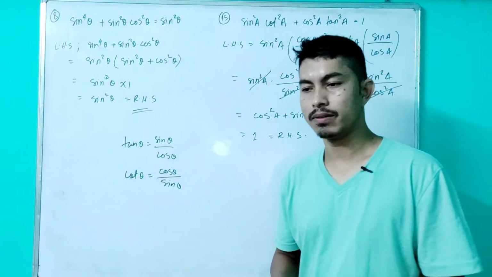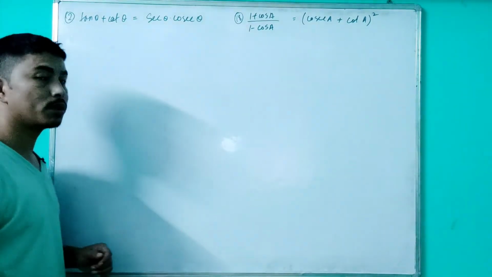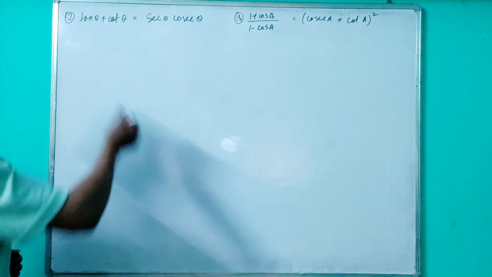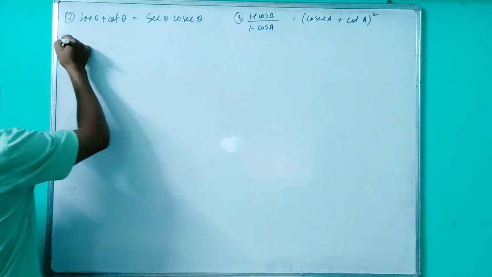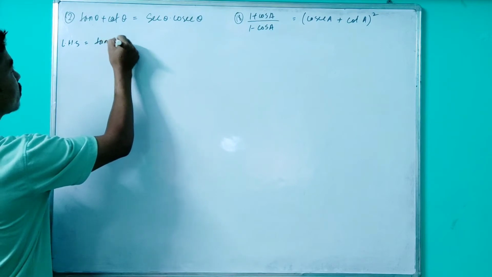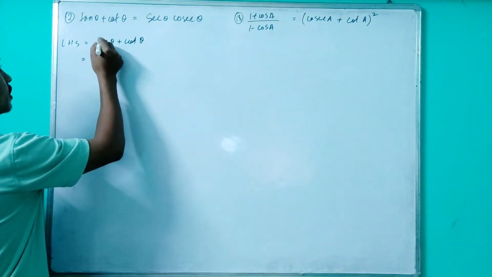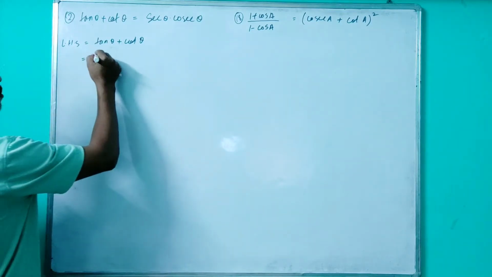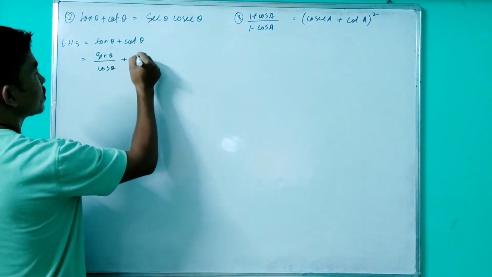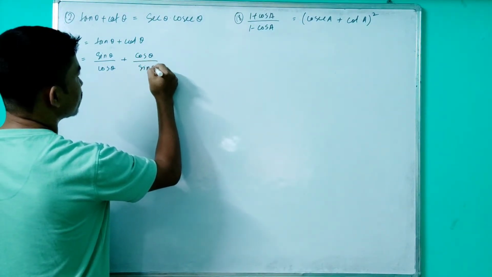of the trigonometry. So here I have taken 2 questions from exercise 4B of a textbook. So let us see how to solve this kind of problem. Now to prove these identities, I start with the left hand side, which is equal to tan theta plus cot theta. Now what will I do? I will simply express tan theta in terms of sin theta divided by cos theta plus cot theta, which can be written as cos theta divided by sin theta.